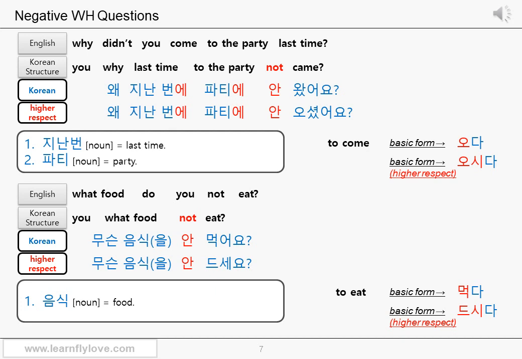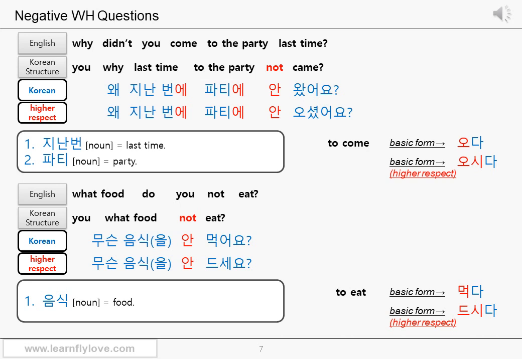And then the verb came in the past tense comes at the end of the sentence. Now it's not that strange for you to see the words in this order, right? So, you, why, last time, to the party, not come, and a question mark. Why is 왜. Last time, 지난번. Yes, you can use the particle 에, which indicates a certain point in time. 지난번에,